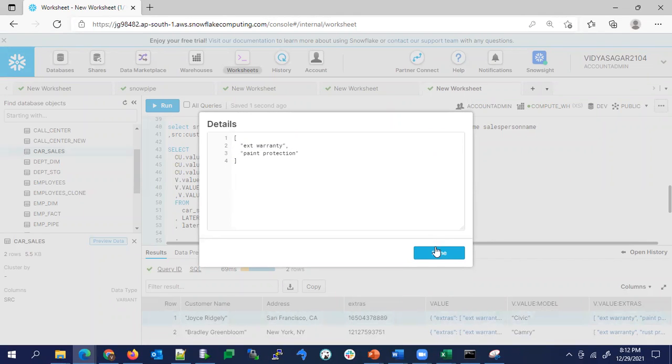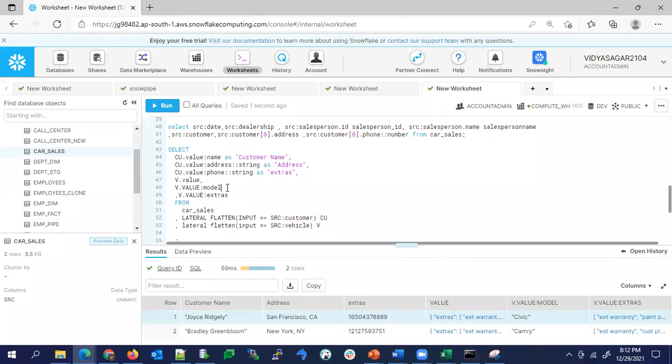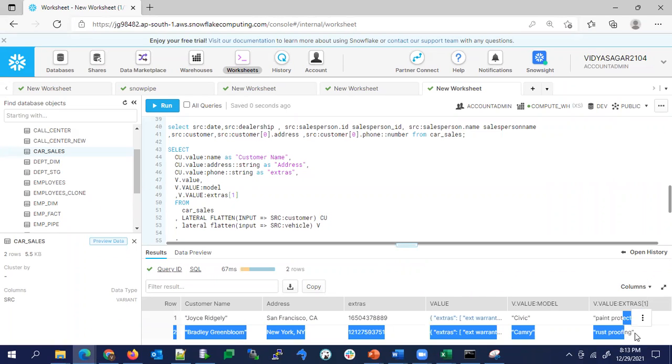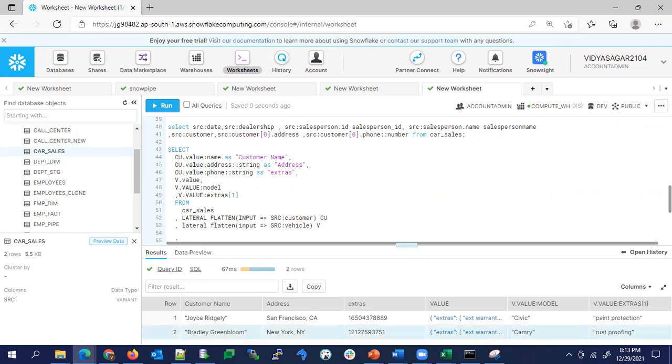In this array, multiple values are there. Suppose I want to read the 0 index. Everywhere it will show the 0 index. Extended warranty is written two times. If I put 1 index, it will show different values which are placed in the 1 index.